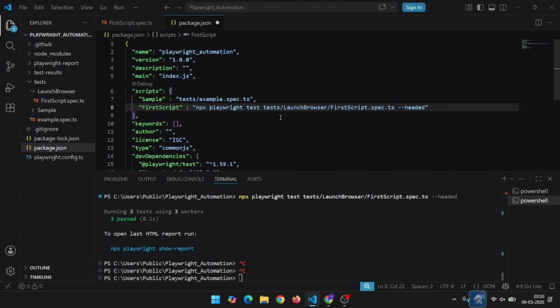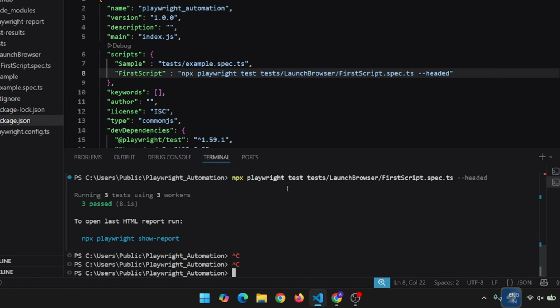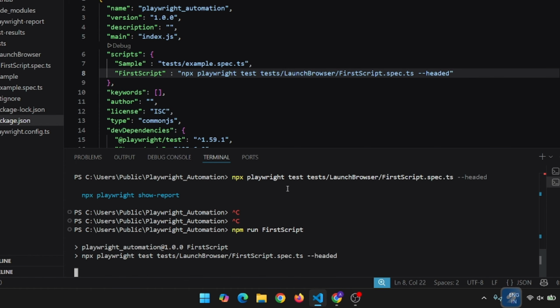Whenever you are making a change, make sure that you will save that file. Okay, otherwise the changes will not be applicable. Now what I'll do, instead of writing this entire command, I'm going to write npm run first script. If you make any spelling mistake, it won't work. So make sure you are typing the same thing. See, now again the same 3 test scripts are getting executed